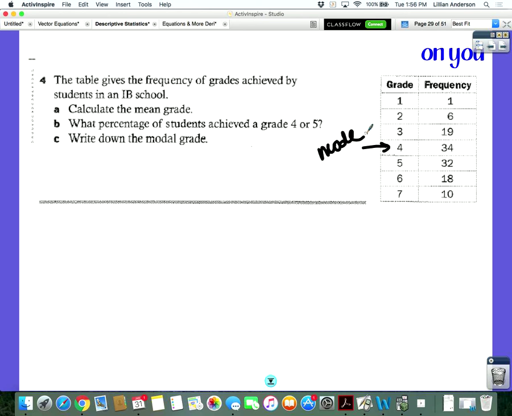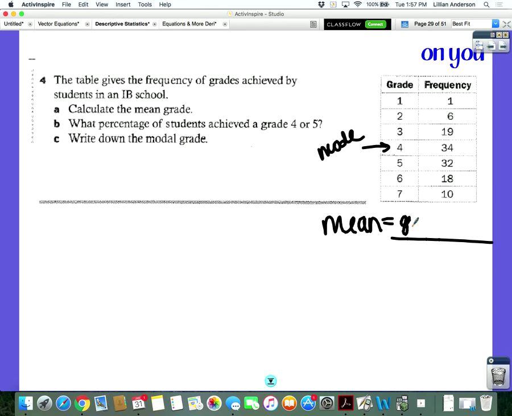You're going to multiply the grade and the frequency, because instead of doing 2 plus 2 plus 2 plus 2 plus 2 plus 2, that's the same thing as doing 2 times 6, which is 12. So you multiply the grade by the number of times it shows up, and then, since we're still looking for the mean, you add them all up and divide them by however many,